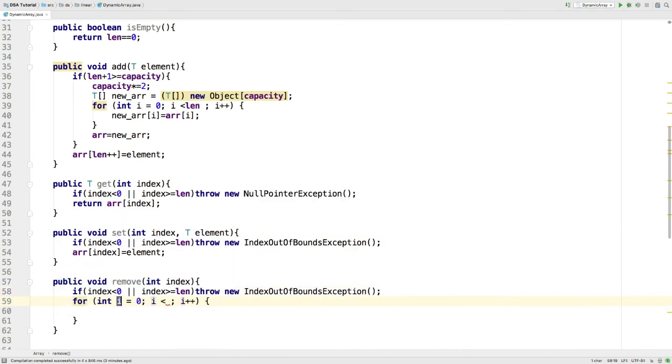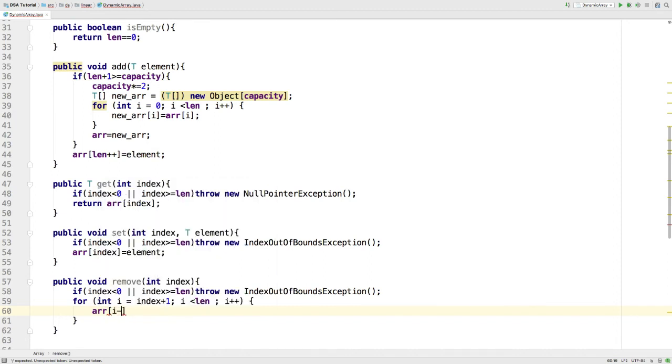or else, from index I will start a for loop up to the length of the array, and I'll be removing the element that is at the index, and I'll copy all the subsequent elements and push every element back by one index.